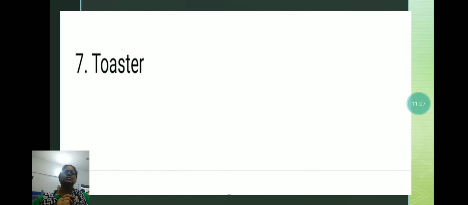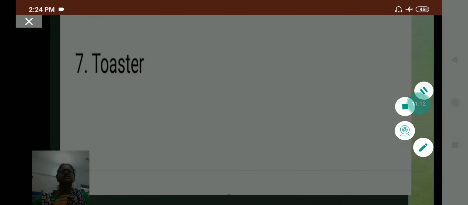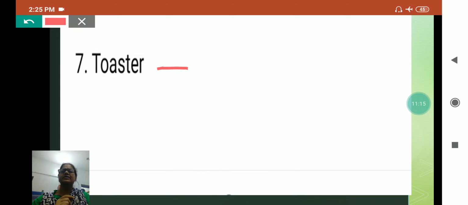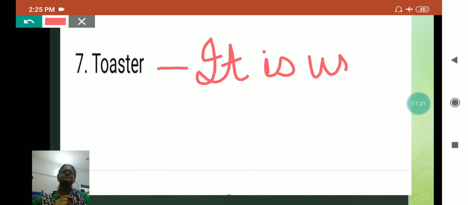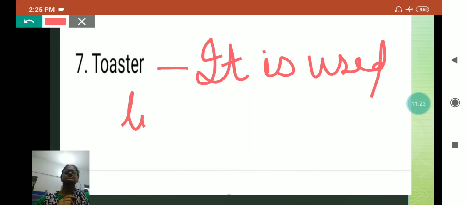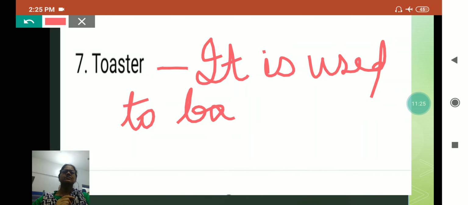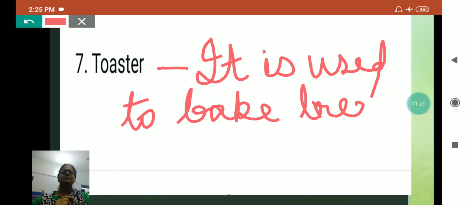Now comes the toaster. Toasters are available in the market, and when you want to make sandwiches or bake bread, it is used to bake the bread or make a sandwich.